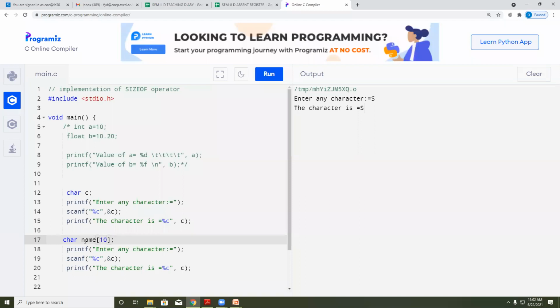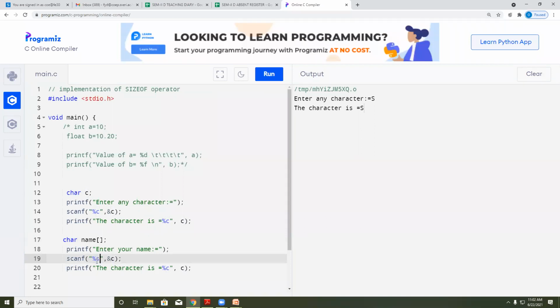So I will print enter your name. Now here I'm going to take a number of characters, that means I'm going to take a name.